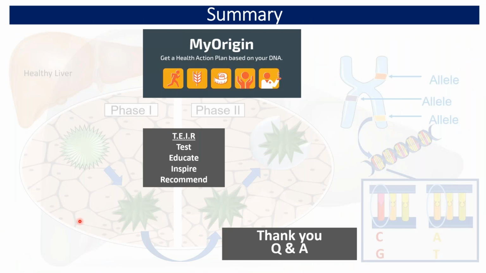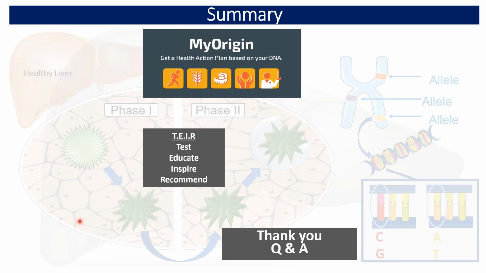So that's going over the specific detox report and the information that we can glean from the reports, and how easy it is maybe to create a protocol. TIER is an acronym that I just made up, but we test, educate, and there's nothing better to educate the patients on what's going on with them than showing them what their genetic propensities are and how those genetic propensities have been manifested based on their lifestyle choices. So educate,